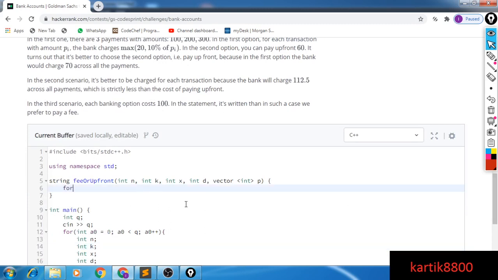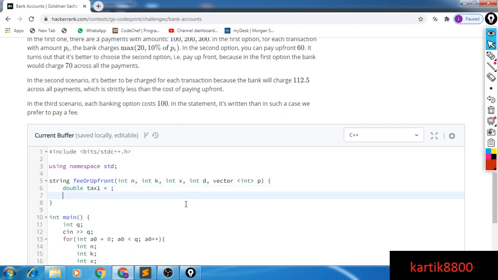I'll be taking a double. Let's say double tax1 equal to something and double tax2 equal to d dollars. Tax2 is basically if I buy a new account, and tax1 is what the overall total turns out to be if I use my current account. Whichever of these two is less will help me decide fee or upfront.